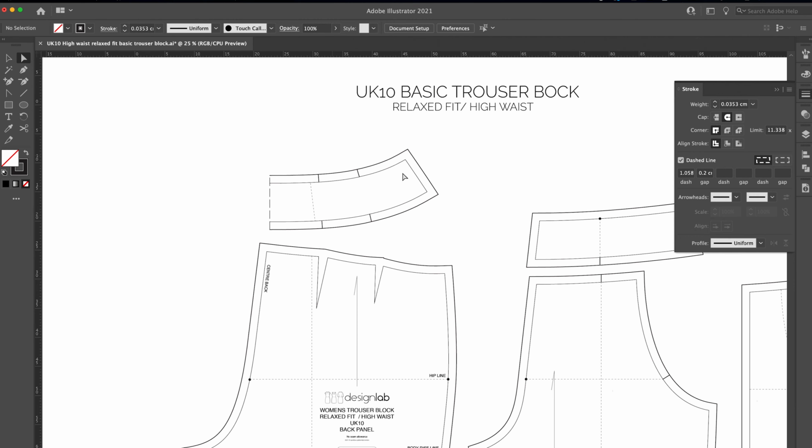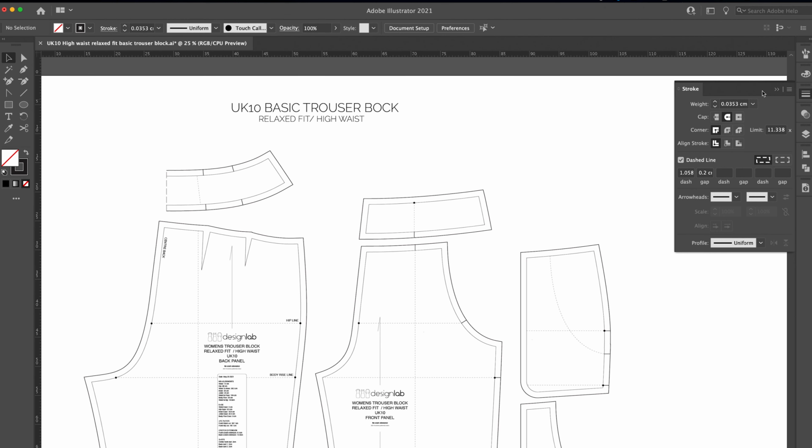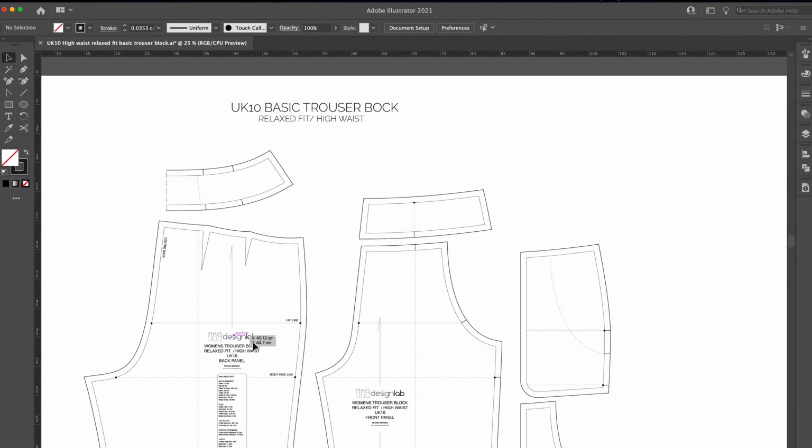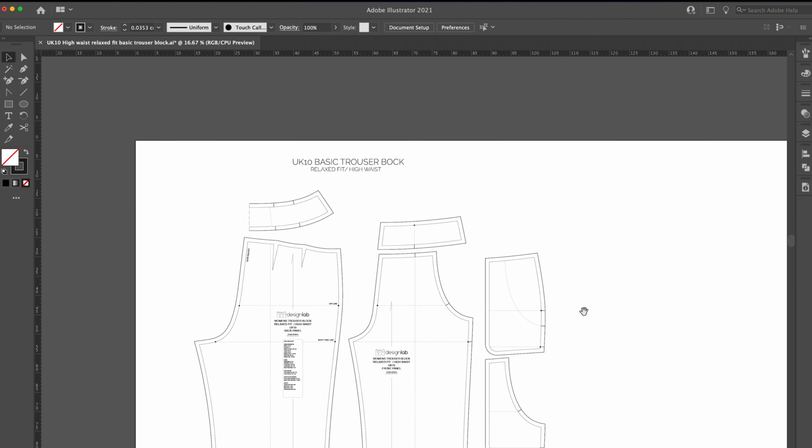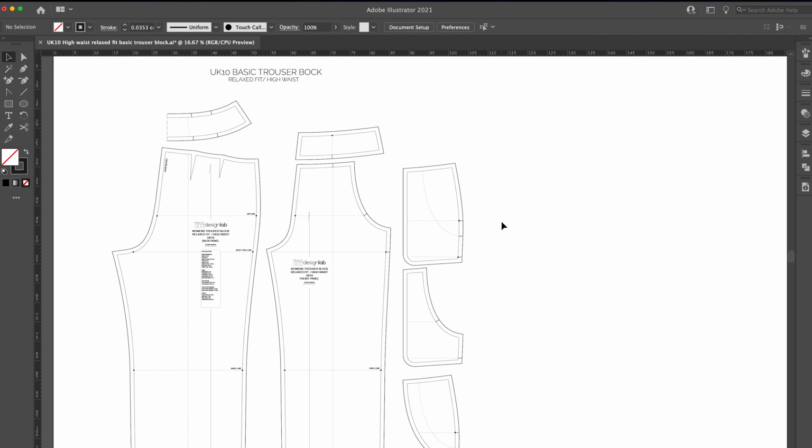And I'm not going to add labels to all this because obviously we're running out of time a little bit. But obviously you would simply copy and paste these onto the separate panels and name them accordingly. So that is how you create a waistband and a custom pocket using the basic trouser block,